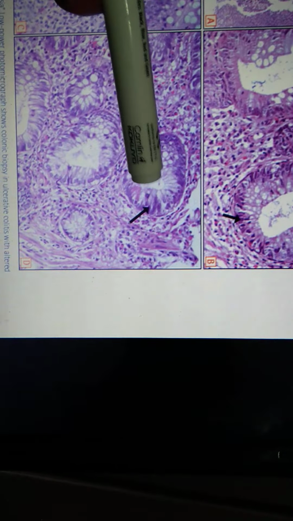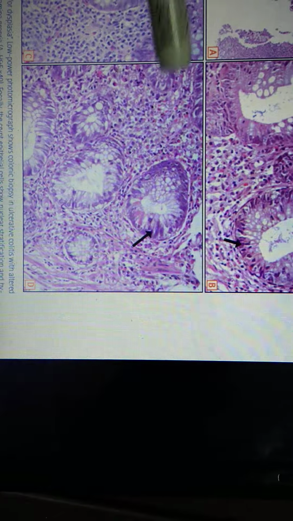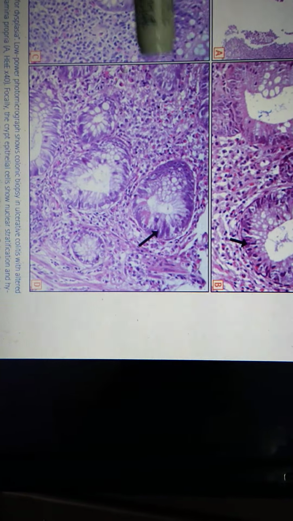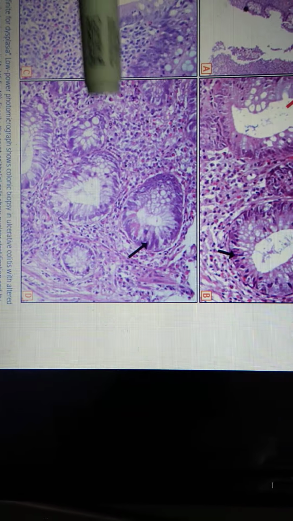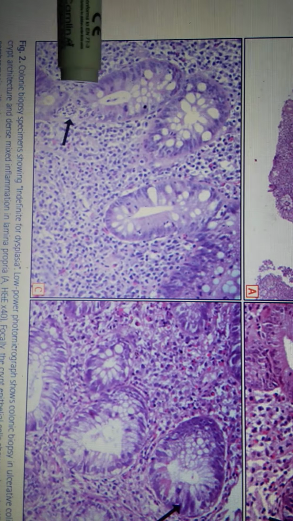You can see there is elongation of nuclei and all those features that I described to you in low grade. All of these features can be appreciated in this crypt. But this feature is very patchy, and this feature is in immediate vicinity to a crypt which is showing you an active lesion, that is cryptitis, cryptapsis.